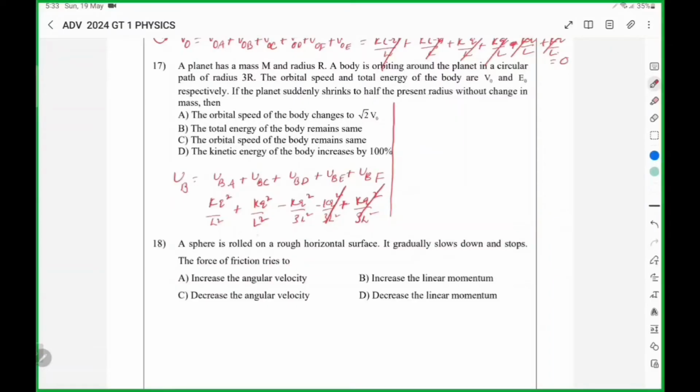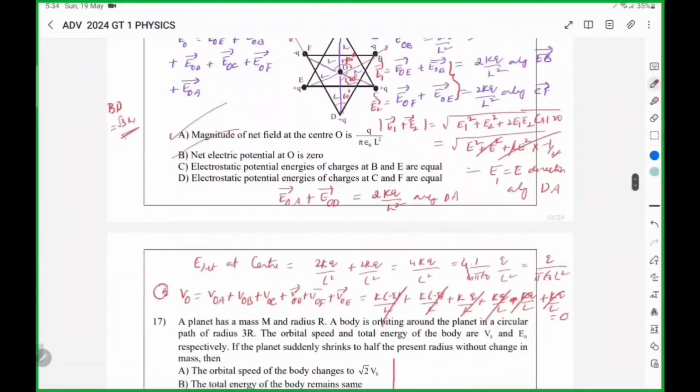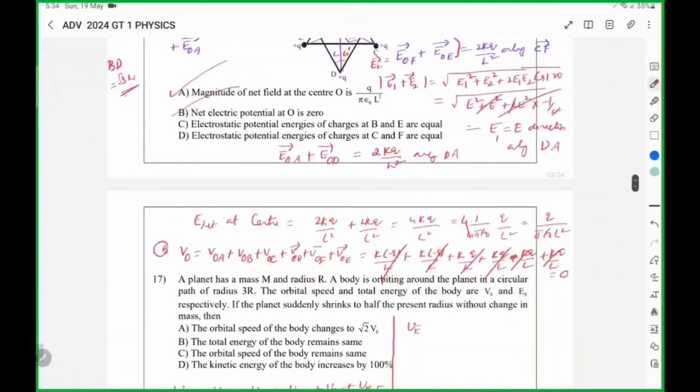So then you have 5k q square by 3l square. Similarly, if you find at E, that is also same as UB. So third option, similarly, we can say potential at C and F also equal. You calculate in